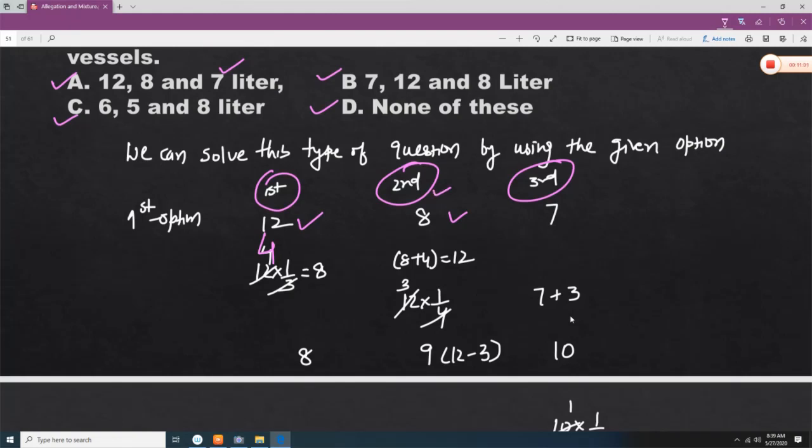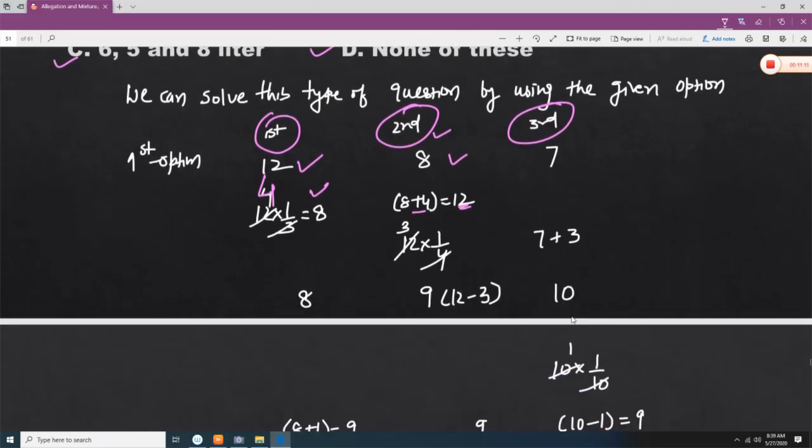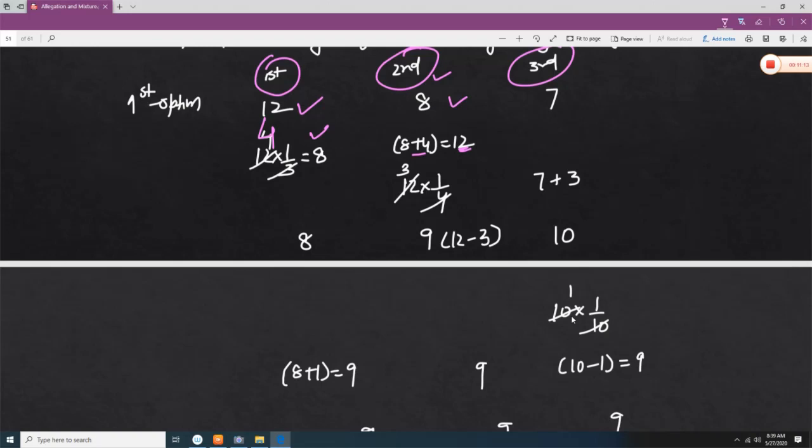So when we take out from 12 minus 4, it is going to be 8, and these 4 we are adding in the second vessel. So 8 plus 4, it is going to be 12. Then what we are going to do, 1/4 of the second vessel we are adding into the third vessel. So 1/4 of 12 is 3, and 3 we are going to add into the third vessel. So this is going to be 10. Now 12 is the value of the second vessel. We took out 3, so 12 minus 3 is 9.